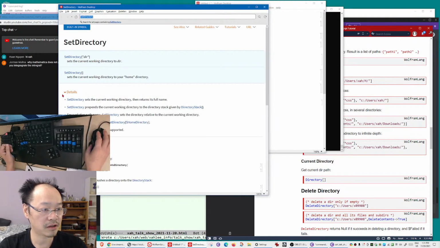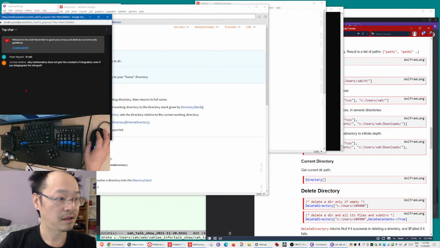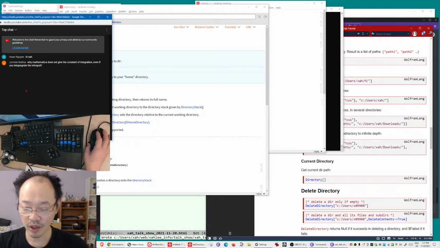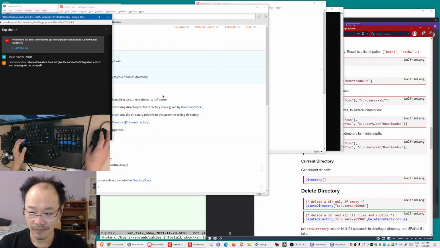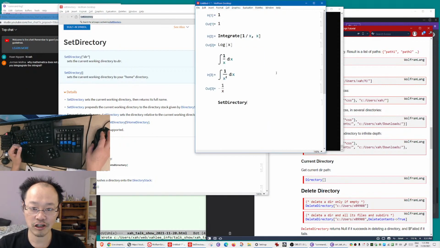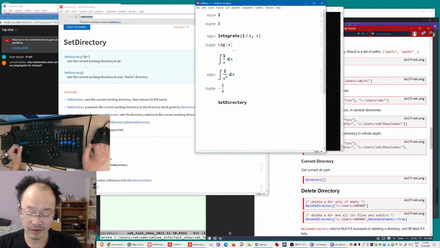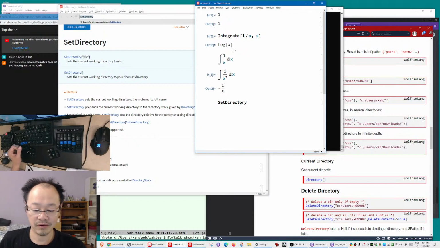Hello, Joman Molina. Why does Mathematica not give the constant of integration even if you integrate? That's a good question, because by design, it doesn't make sense to do so. I mean, mathematically speaking, when you integrate, there's a constant, right? But